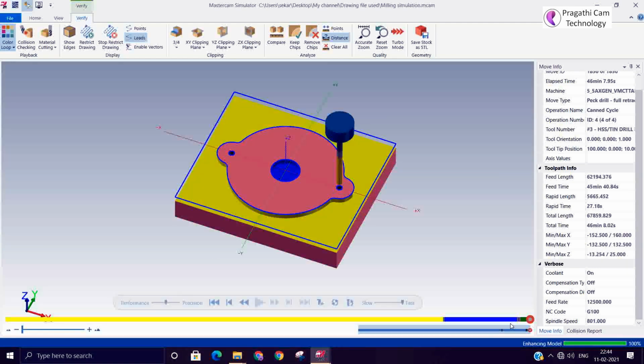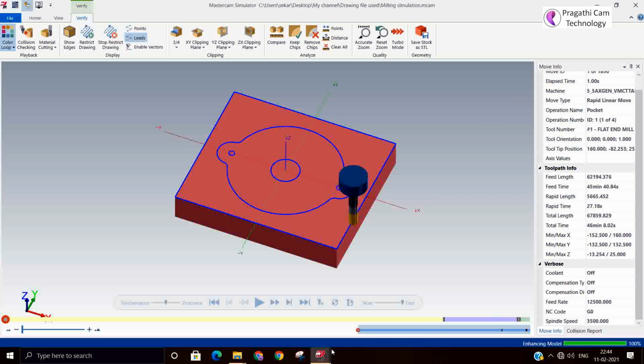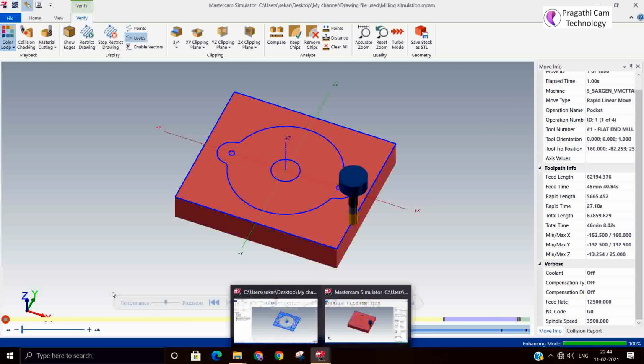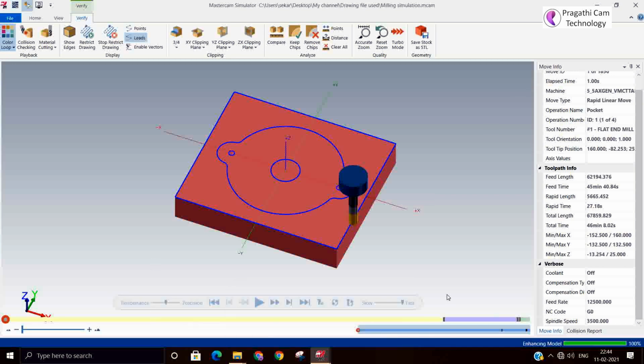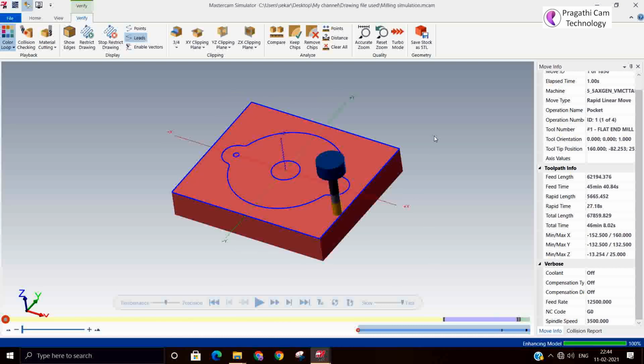So this is all about the simulation. I thought of finishing everything in a single video, but I think one more video is necessary to show you the STL comparison and STL file saving. Okay.